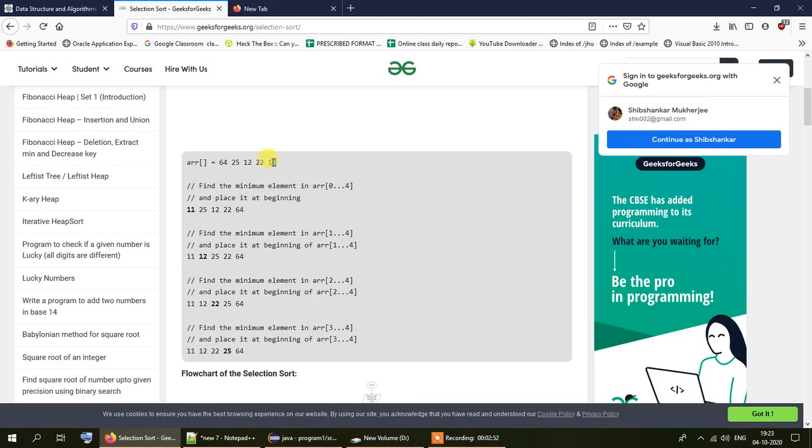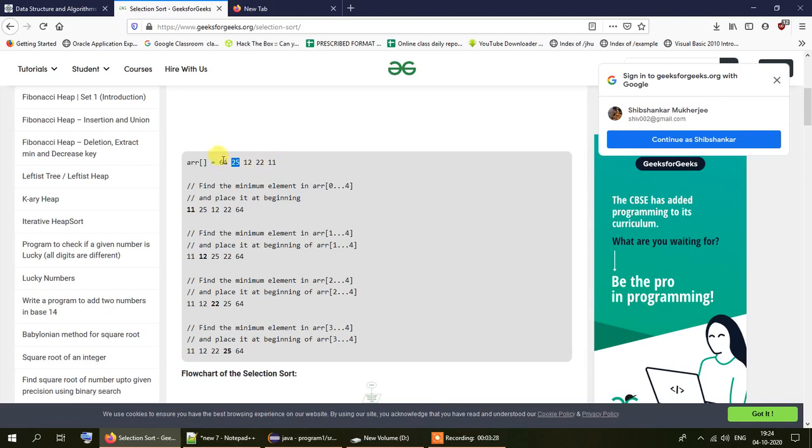Here you can see there is a number 11. Immediately after 64 there is 25. So now the value of min will be replaced with 25, because 25 is lesser than 64. Then 25 will be compared to 12, then 12 will be compared to 22, and after that it will be compared to 11. Finally the variable min will be assigned 11, and there will be another variable called minpos, which you will see when we are exploring the program code. minpos will be used to keep track of the position of the current minimum.